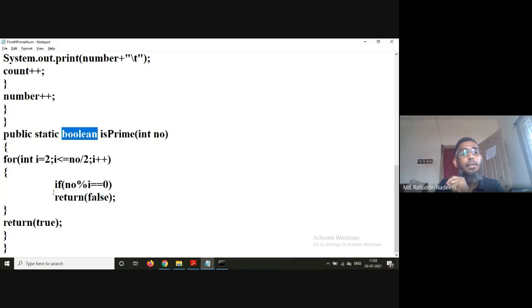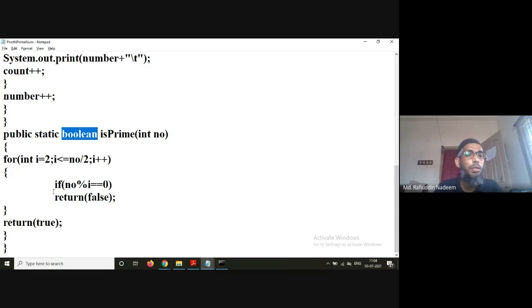And here you see the same logic. Just now we have seen the previous logic. If number percentage i equals 0, meaning other than 1 and itself, if any other factor is found, then it returns false. Otherwise, if no factor is found between 2 and half of that number, it is going to return true.